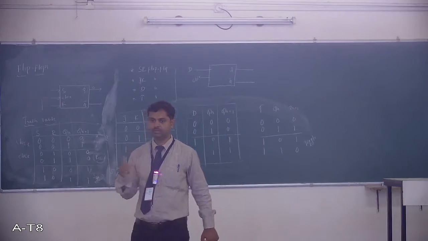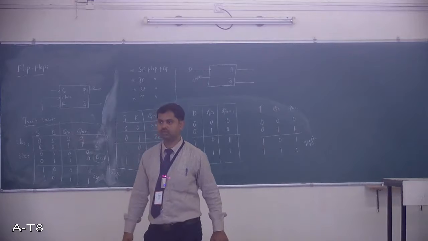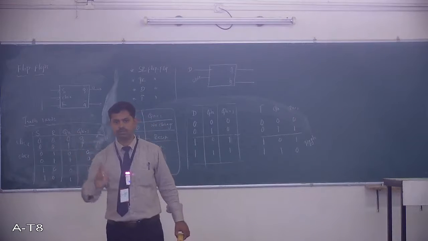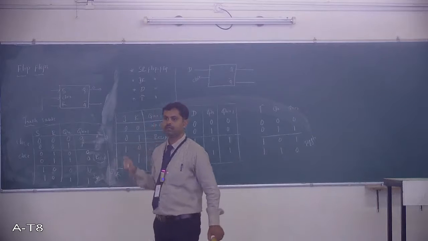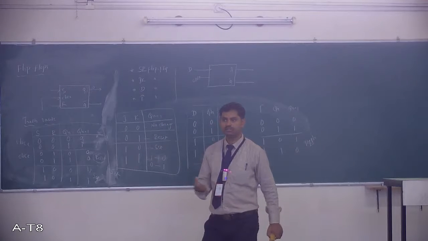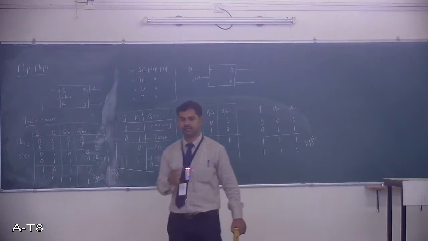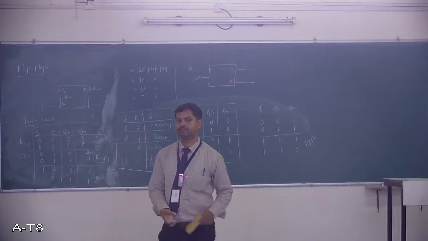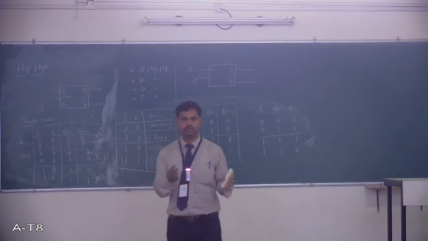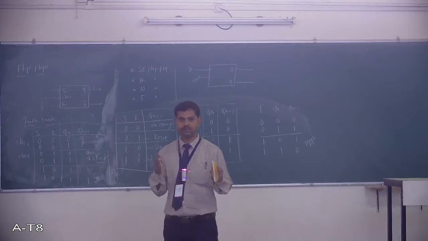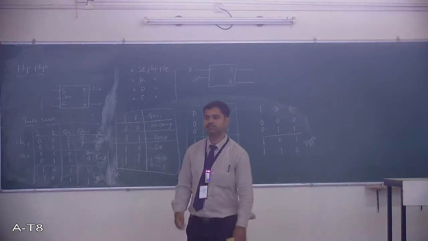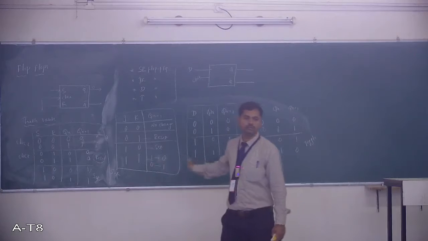So again, T flip-flop has only one input, one clock signal, two outputs. D has one input, two outputs along with clock input. SR and JK have two inputs, two outputs, clock. These four flip-flops we will use in most of the cases. These are the basic flip-flops. Understand only this much: flip-flop is a sequential circuit and it is a memory element which is capable of storing binary information. And the truth table of all the flip-flops is like this.